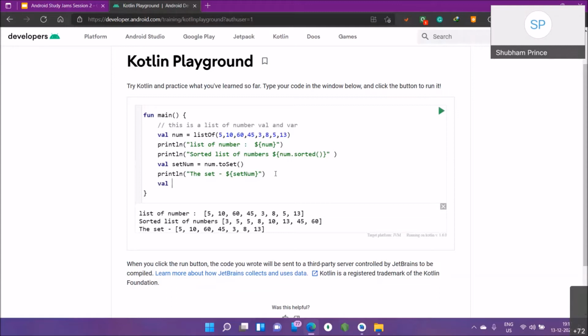Okay, let's create two types of set. Val, again, one keyword. Make sure when you're working with val and var, these are two different ways to create a variable, and it might be confusing sometimes when to use val and when to use var. Simple logic says use val when you don't have to reinitialize the variable, and use var when you are going to reinitialize the variable. Most probably we use val when we are creating a variable which will be a part of a function, the parameters basically. Let's go.